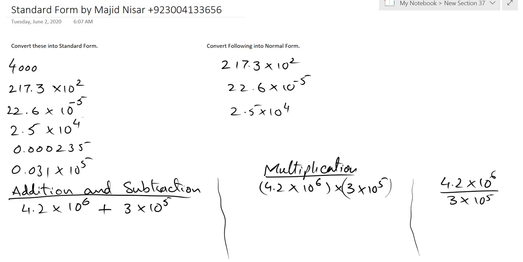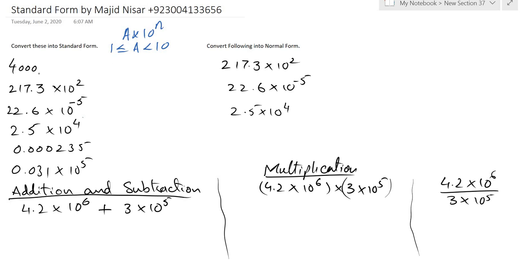Hello, we will learn standard form today. What is standard form? We have to write a number in the form a into 10 raised to power n. A can be from 1 to 10, meaning less than 10, between 1 and 10, not equal to 10. It can be 9.9, it can be 1.5. So a should be from 1 to 10. It can be equal to 1 and greater than 1.